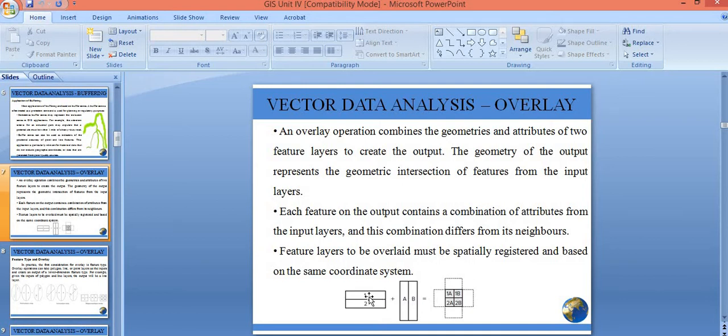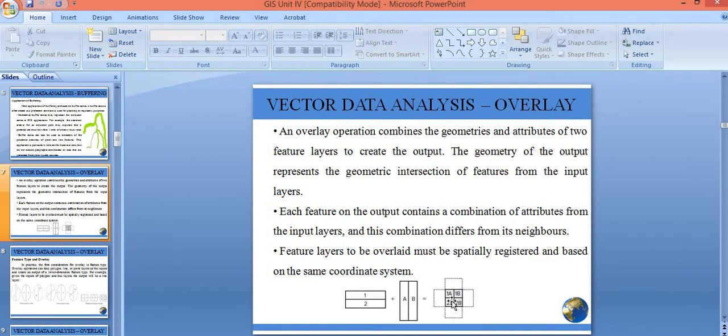Okay, so one represents Tirupati and two represents Chennai. Now A and B are representing the climate details of South India. Now, when you take South India, it covers other cities also. Is it or not? But you are interested only in Tirupati and Chennai. So you are just going with overlay operation.